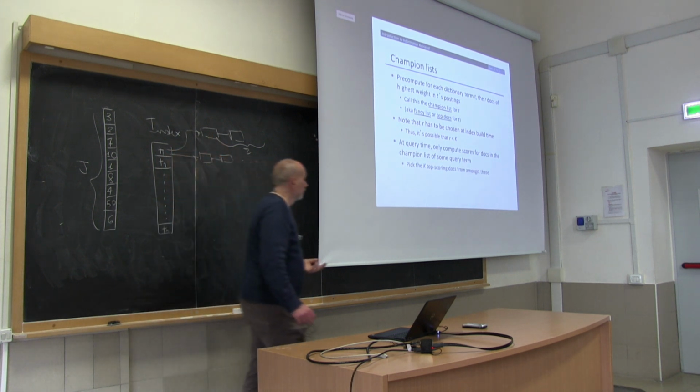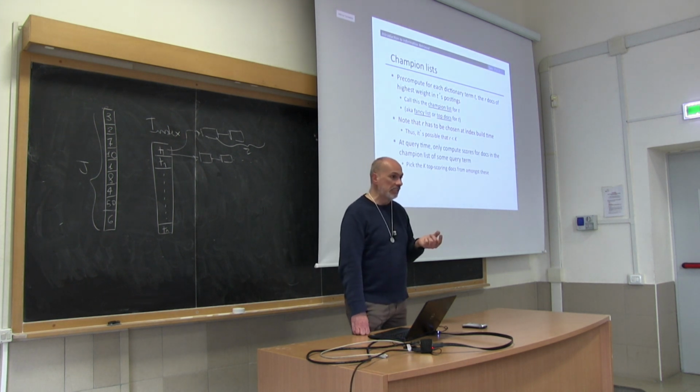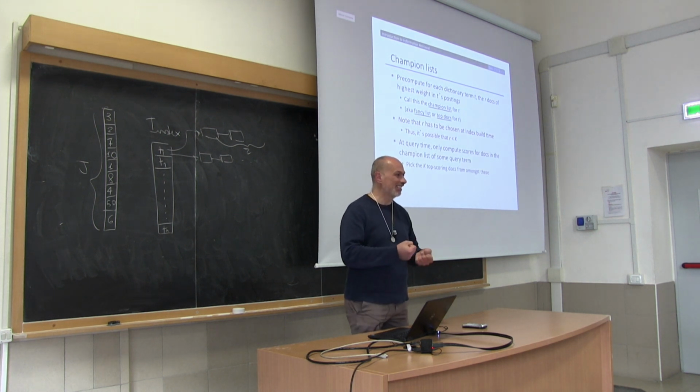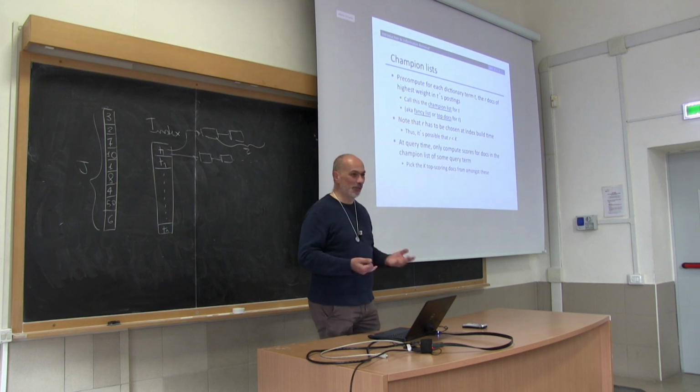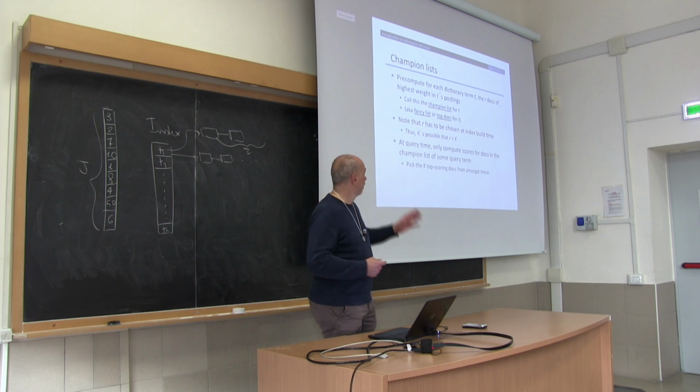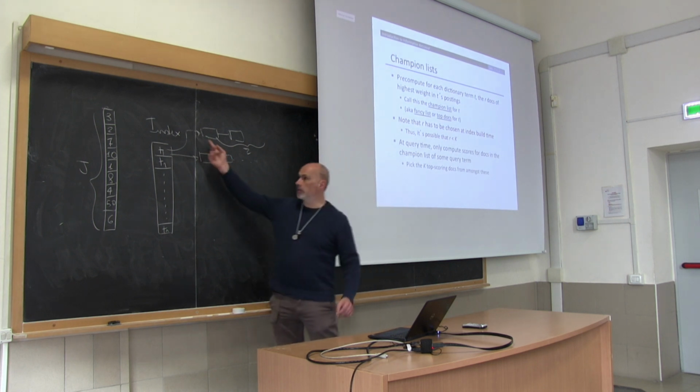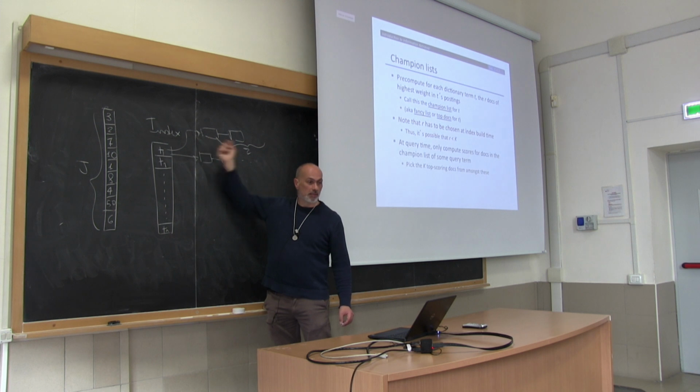Of course, what can happen? Well, if I don't pick R large enough, it could happen that, at least for some queries, I get fewer than K documents, right? Well, if that happens, I have to integrate with other documents coming from the original posting lists. But if I pick R large enough, most likely I will always be able to satisfy the query. Most of the times I will be able to satisfy the query by accessing the champion lists.